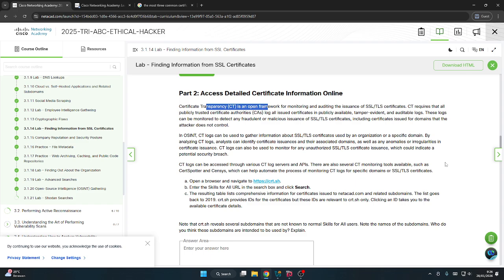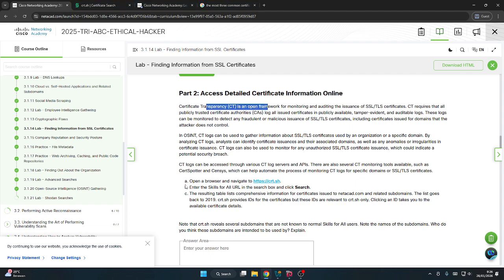CT logs can be accessed through various CT log servers and APIs. There are also several CT monitoring tools available, such as Certspotter and Censys, which can help automate the process of monitoring CT logs for specific domains or SSL or TLS certificates.